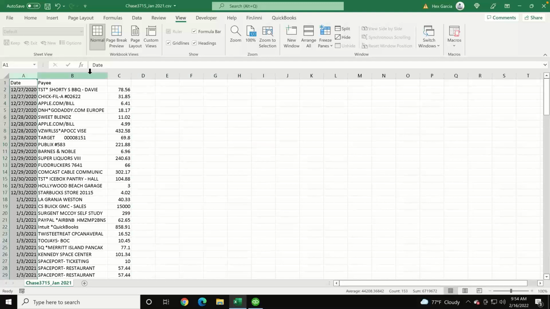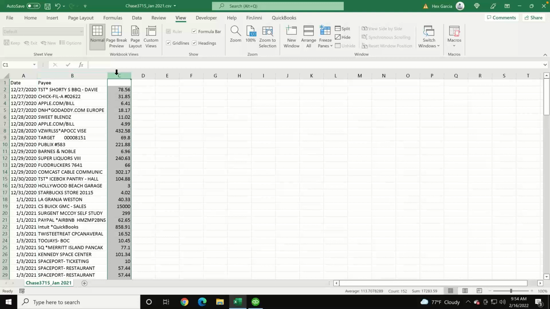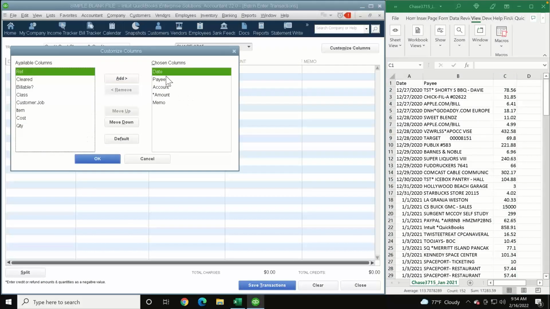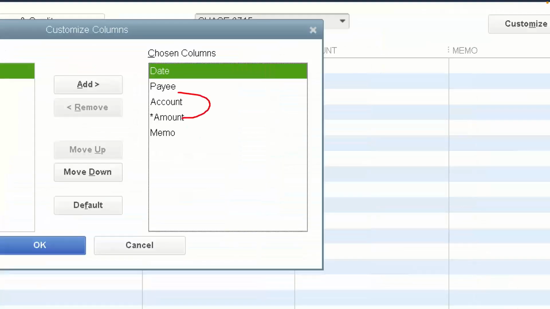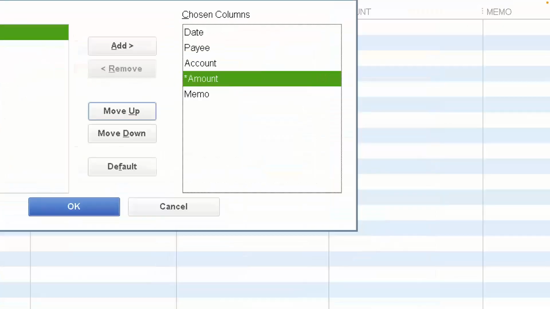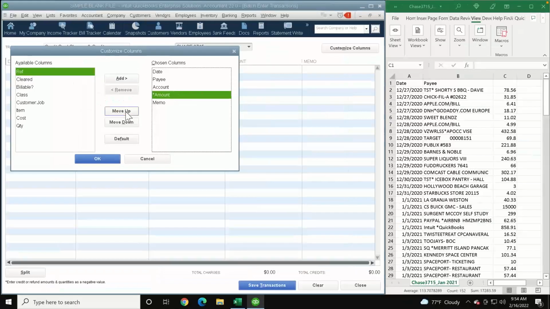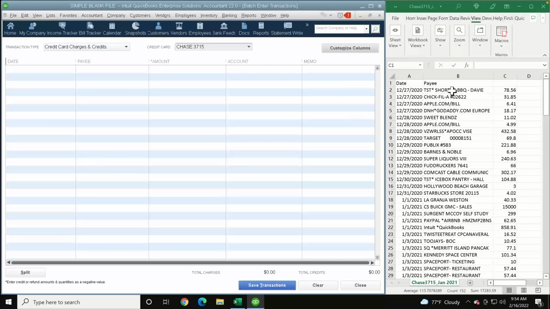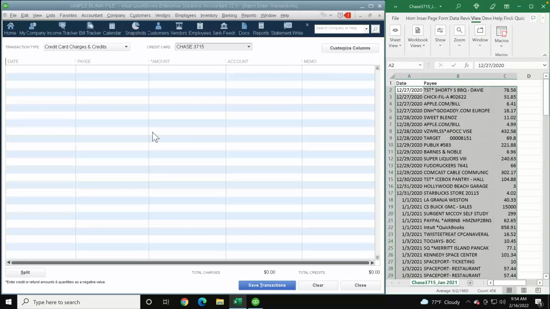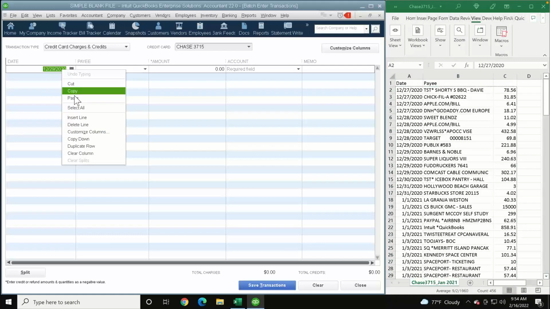So now what I'm going to do is take date, payee, and amount, and arrange my batch enter to look exactly like that. So let's go back into the batch enter, and I'm going to make sure that this is date. Again, we're making sure that this matches. So I need to move amount to be right after payee, right? So I'm going to move amount, go to move up. Okay, so we're going to click move up here to change order for it. Move up, and now we have date, payee, and amount. It's a beautiful thing. Click OK. Then I can take all this information and copy and paste it from here into batch enter. So right click and paste,